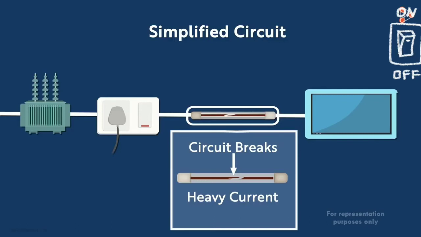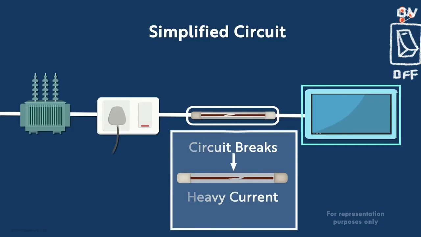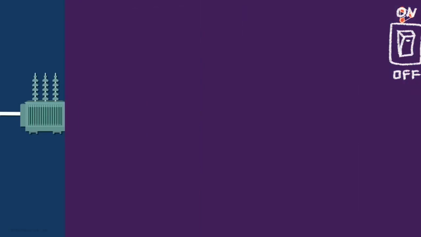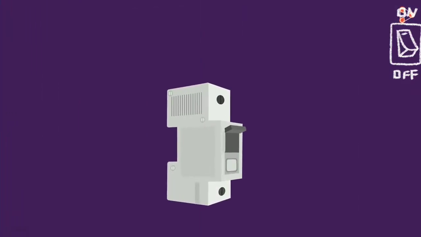So here in this circuit you can see, whenever a heavy current flows through the circuit, it will break off or burn off. And once it breaks off or burns off, it means the path will be opened and the circuit will act as an open circuit. But once the wire breaks off or burns off, we have to replace the wire with a new one, and it's not a difficult task, we can do it easily.